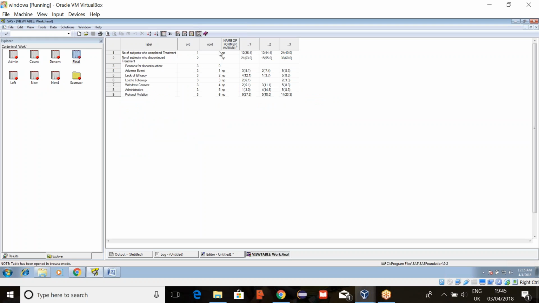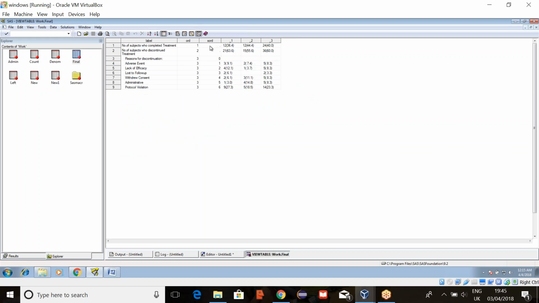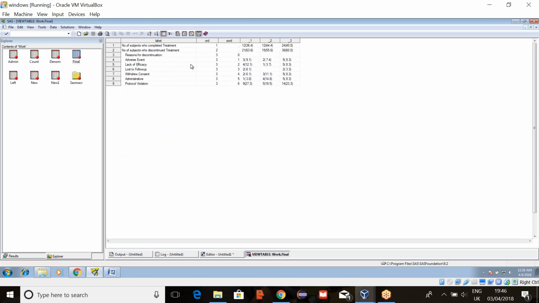Final. See, this is our final data set. That variable we can ignore while keeping it in proc report. So this is how we will generate it by using SQL. The next thing is to keep this data set in proc report and break this ORD variable to get a space after each value.